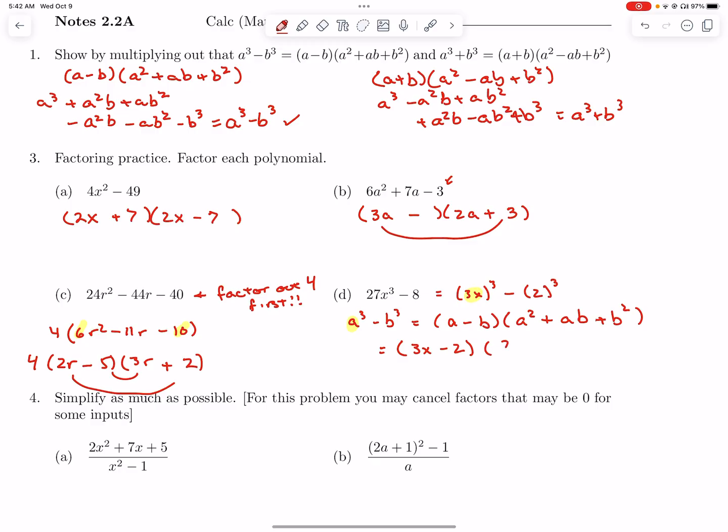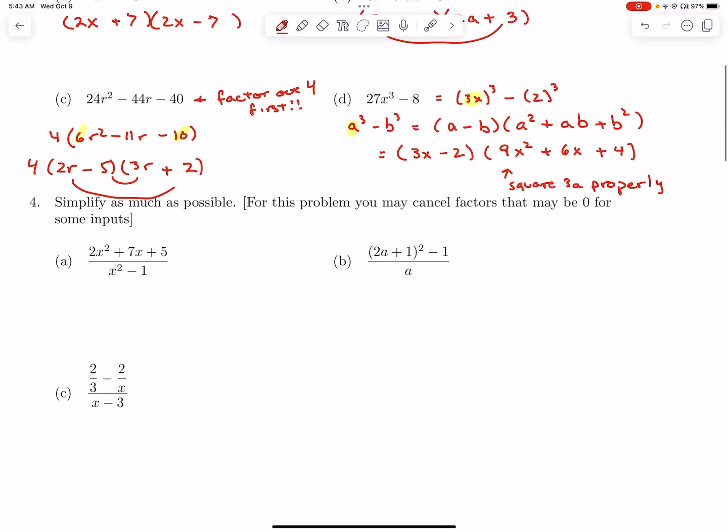So a squared is 9x squared. Oh, that was terrible there. Let me try and write properly. Okay. 3x times 2 is 6x, and then 2 squared. And you're done. Yay, life is good. All right,